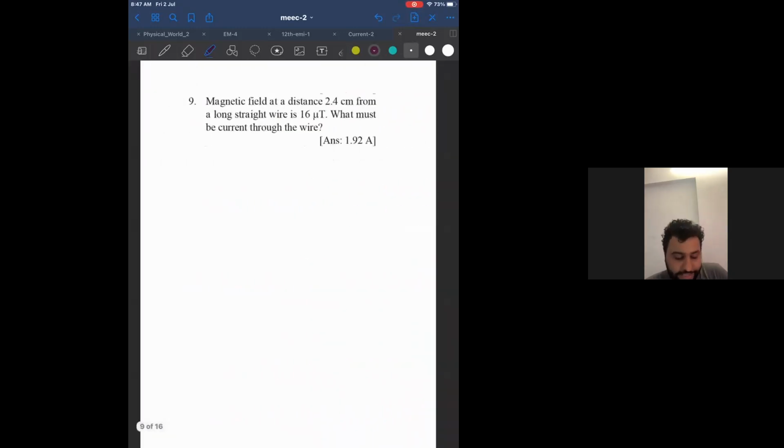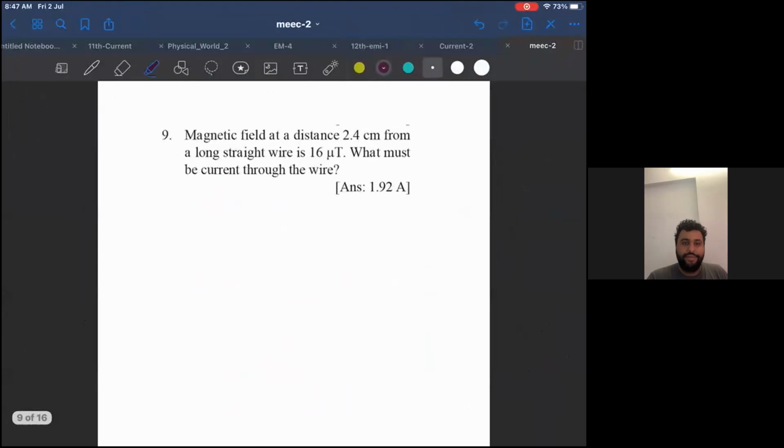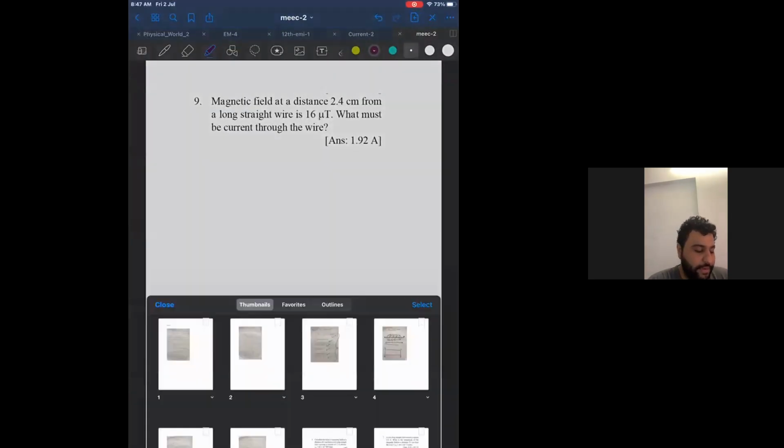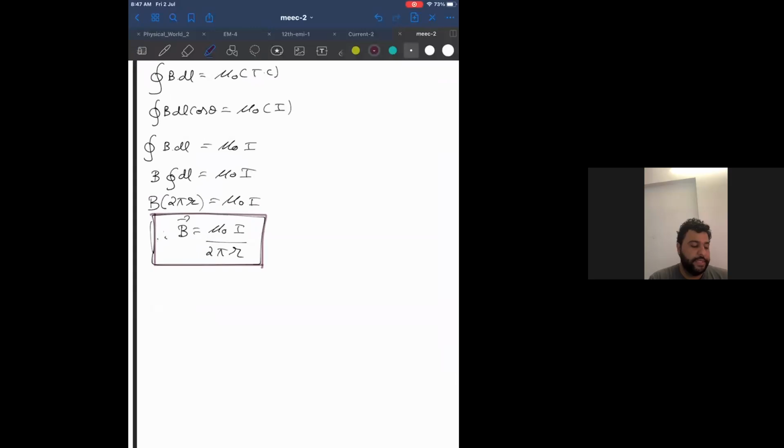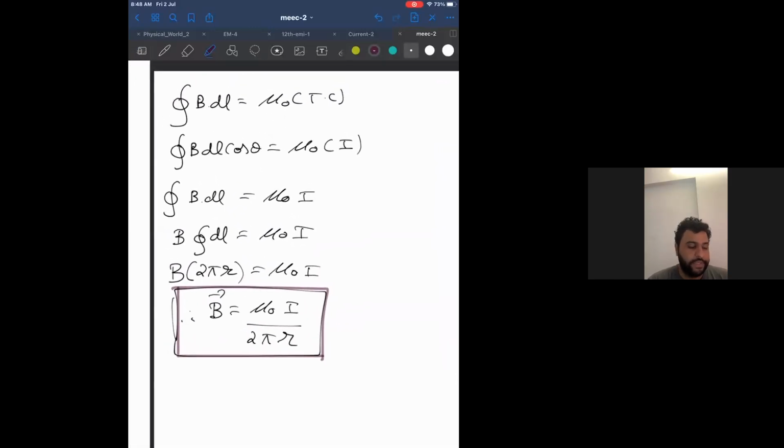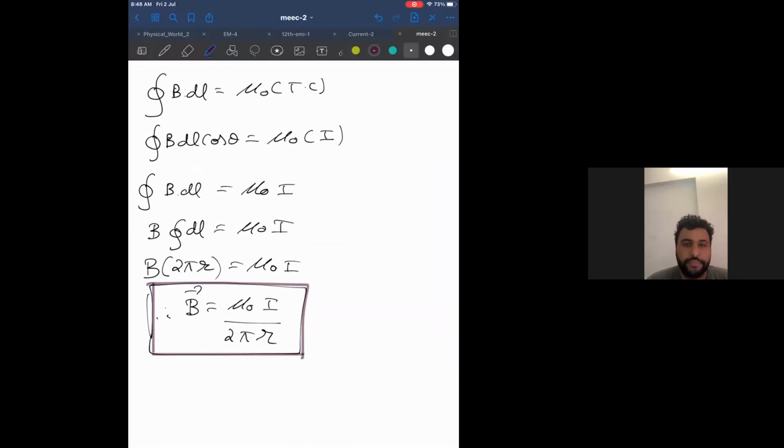So a toroid is nothing but a bent solenoid, or in very simple words, a toroid is nothing but a circle with n number of turns. Therefore, for the derivation, everyone please look at it. Our derivation will be so simple. What was our first derivation? Everyone check the first derivation. Go to your first derivation.